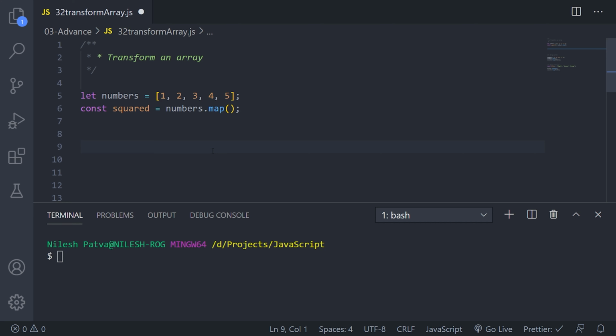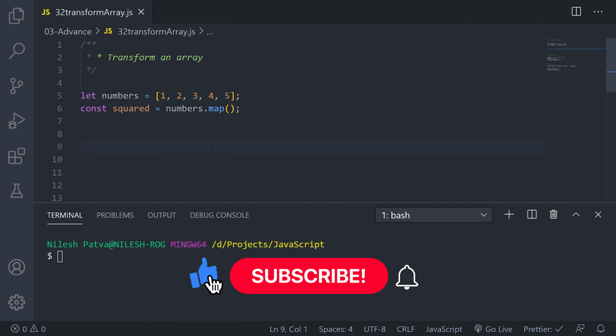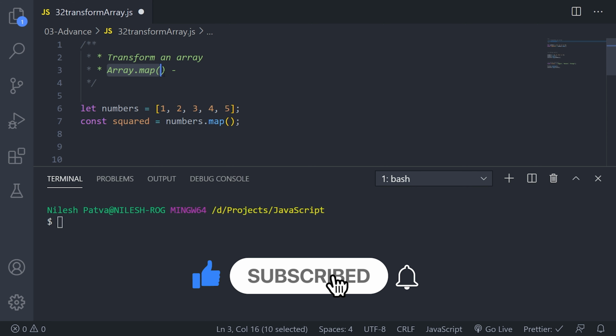We will be continuing with the arrays. We have a lot of things to learn in arrays. That's why we will see more videos on arrays. Today we will see more higher order functions in array, which are basically used to transform the array. So let's get started. First of all, we will see the array.map method, which is again one higher order method in